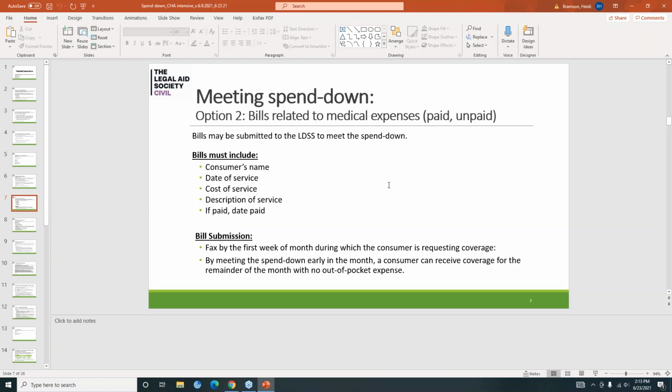This is important because by meeting the spend down earlier in the month, a consumer has the opportunity to get other appointments in with other providers without having to meet the spend down again and without having out-of-pocket expenses. So sometimes an individual knows that they have met their spend down in that month, and they're going to also go see maybe a dental provider and get a cleaning, because they don't have to meet the spend down in another month to get that service.